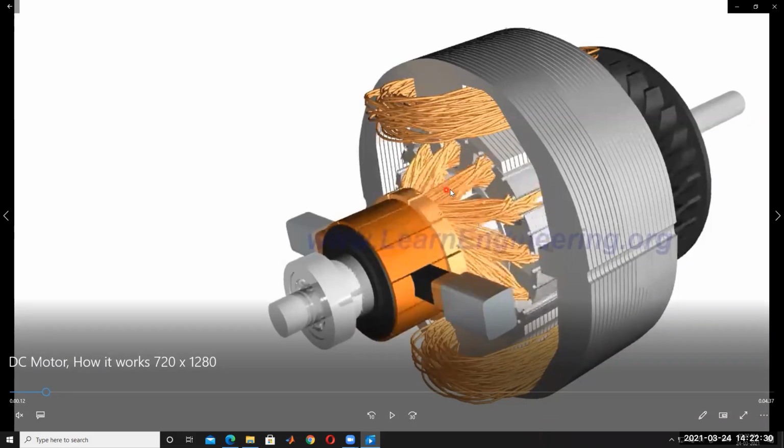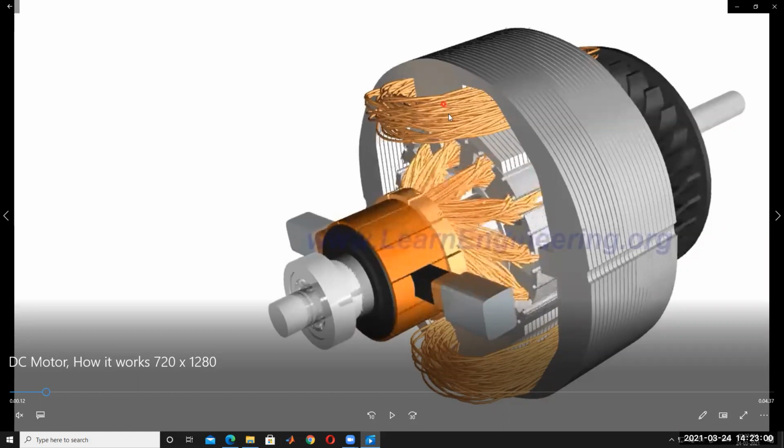This is called the rotor or armature; generally it is called the armature. The armature has different slots, and in these slots the winding is placed. The field winding acts as a north pole here and a south pole there for a two-pole machine. This is generally a two-pole machine, with one side acting as the north pole and the other as the south pole.